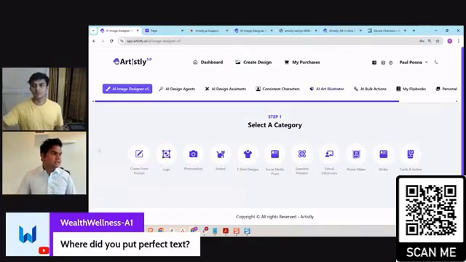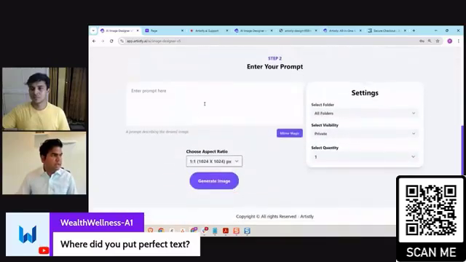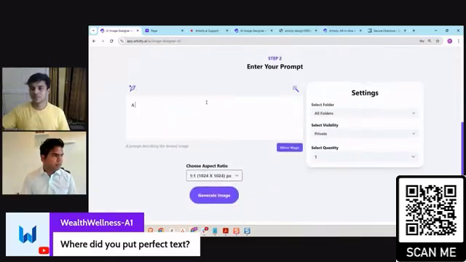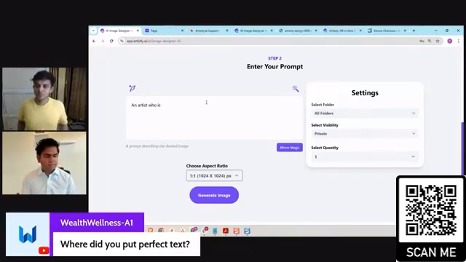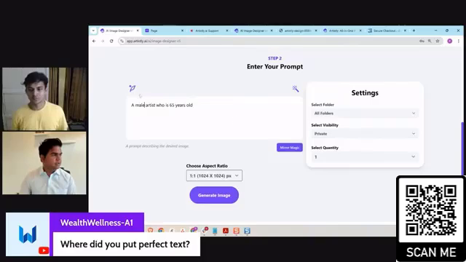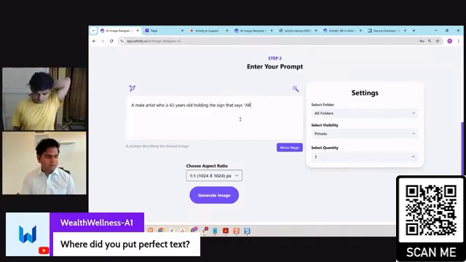Does that make sense? So let's say, for example, if I do photorealism and I put a male artist, 65 years old, holding the sign that says Artistly rocks.